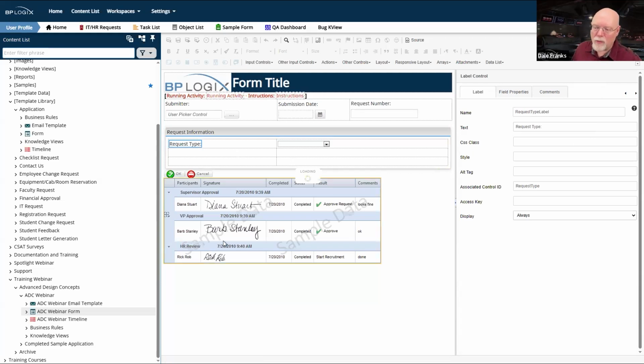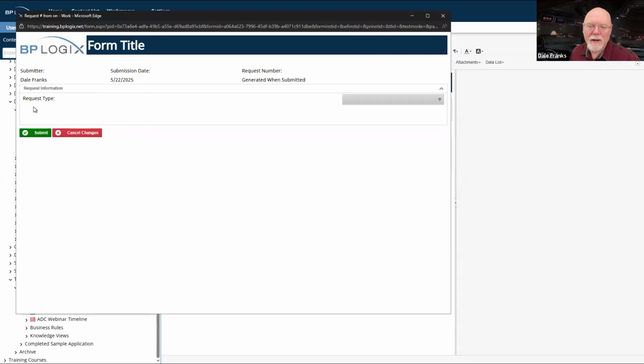And in fact, if we run the form again, it does work. If I hover over request type, if I hover over the label, you can see it changes, it shows me that I'm rolling over my control. And if I click on request type, it actually clicks it, which is fine for me because I'm using a regular browser. And so it works.